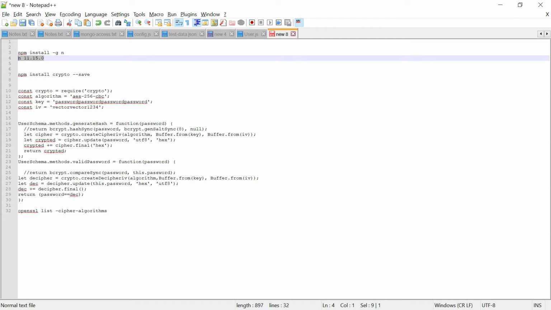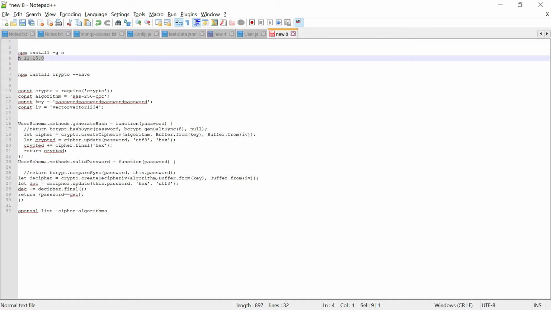But anyway, I am not going to do that, but if you want to use bcrypt, you can try this. I am going to use another alternative for encrypting and decrypting the data. It is called the crypto module. We will be able to use the crypto module to do the same encryption and decryption.